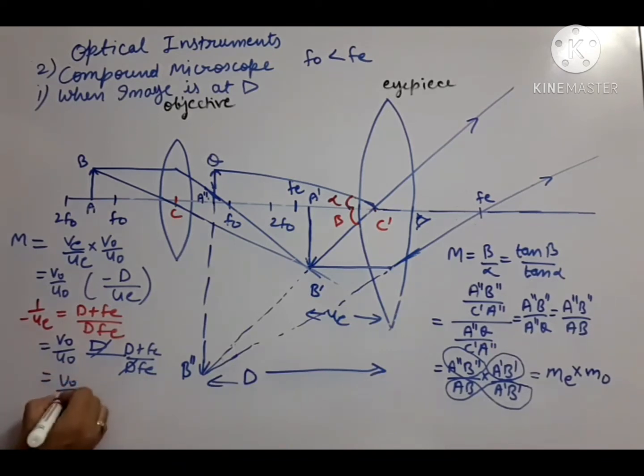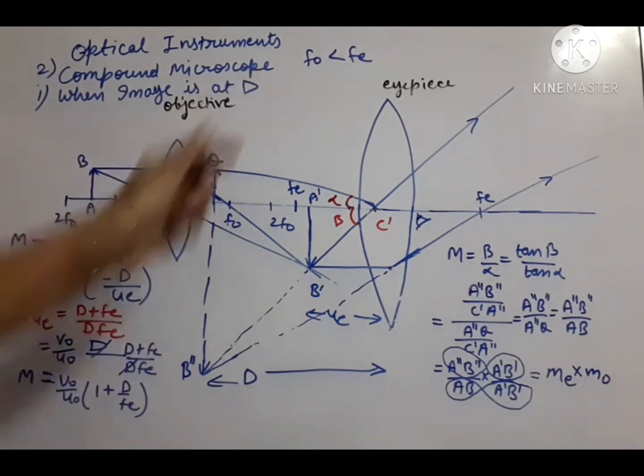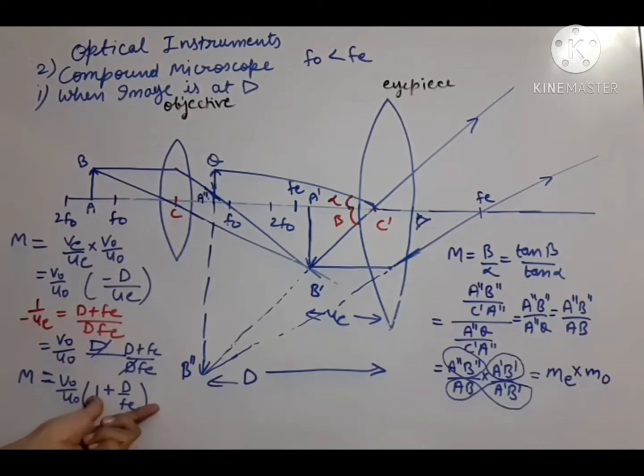Finally we have the answer VO upon UO. You can see now FE upon FE is 1 and D upon FE. Okay, so this is our magnification answer. Now you can compare it with simple microscope. Simple microscope D case, there the answer came only 1 plus D by F, and now here the answer is